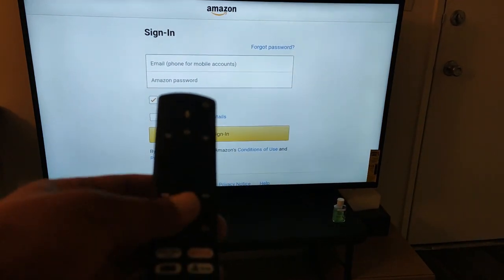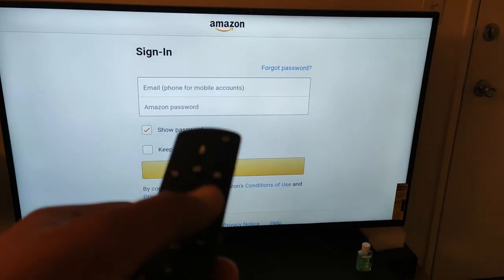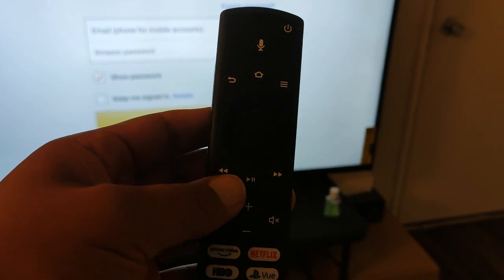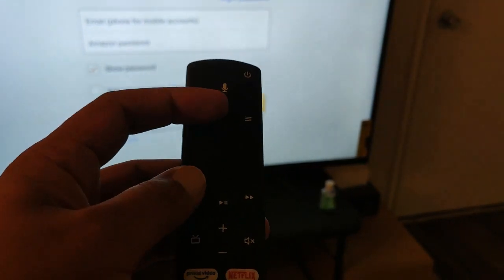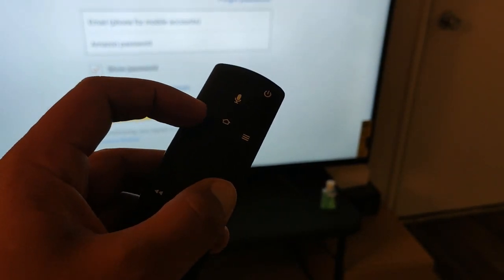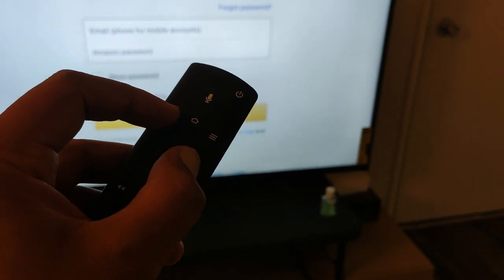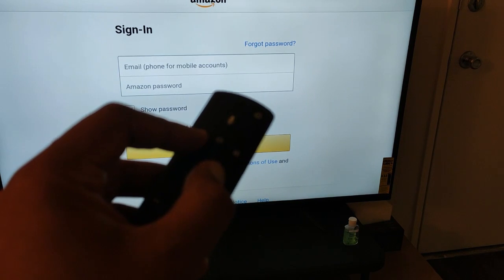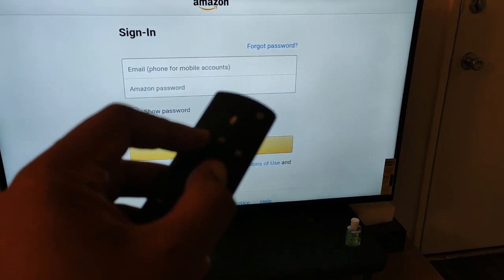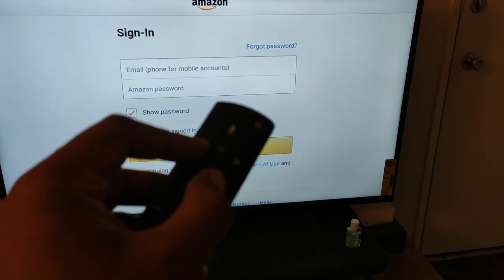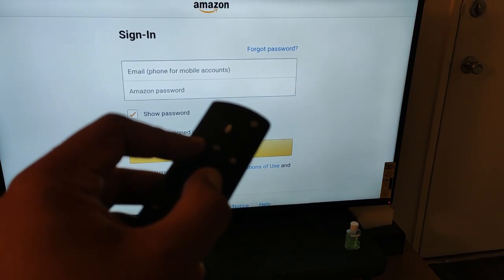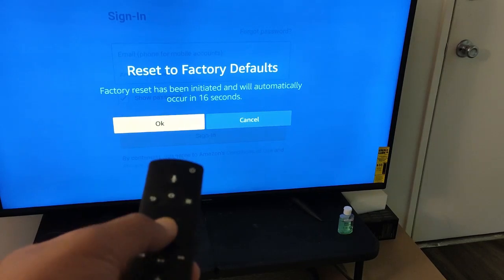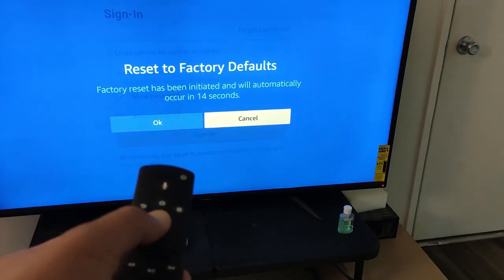So this is actually the issue because I have installed Mozilla browser in the Fire Stick, and once my Amazon account got expired, it got stuck here. I don't know why. So the way you can reset your TV is by pressing the back button and the right button of your remote, and when you press it and hold it for around 10 seconds, then you see the message, okay, do you want to reset to factory defaults? Then you can click OK, and it goes back to factory settings.